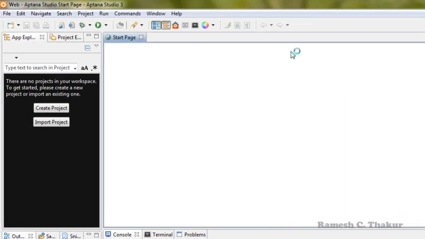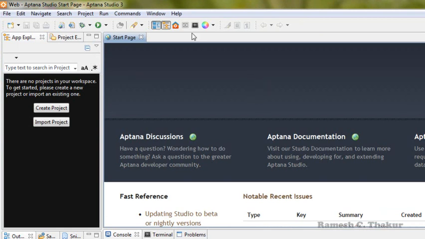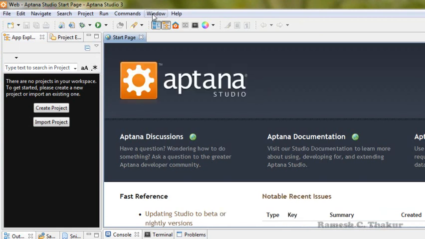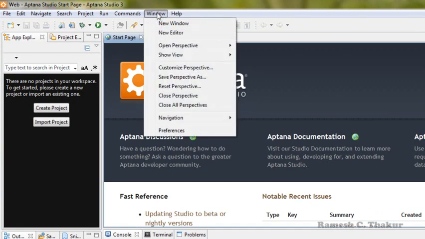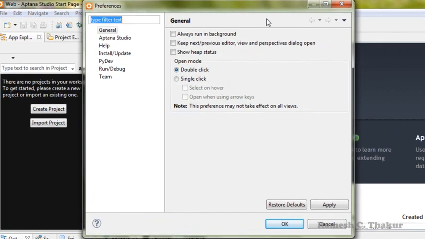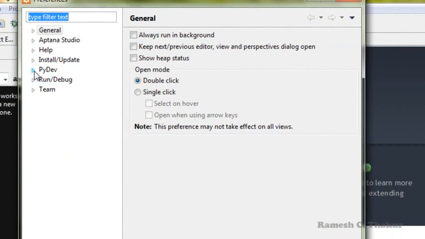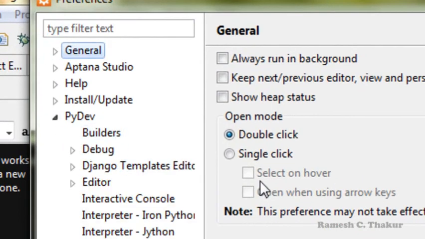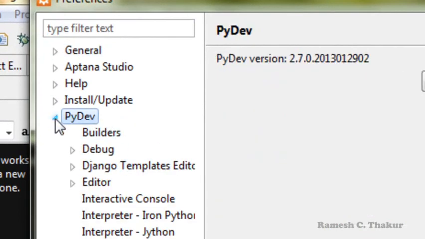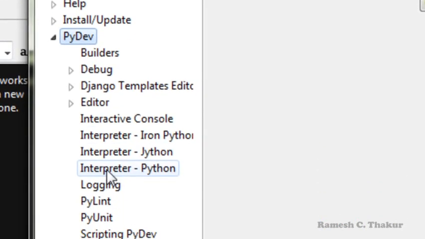Now, first thing we have to do is to configure the Aptana Studio with the Python interpreter. For that, you click on Window, then Preferences. You see here that we did not install the additional PyDev plugin. It is by default installed in the Aptana Studio. Okay, click on the link Interpreter Python,